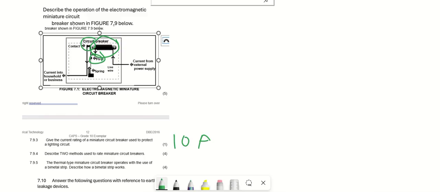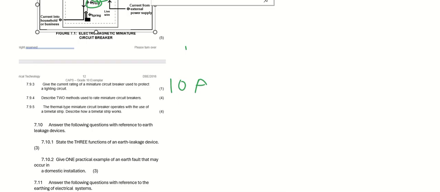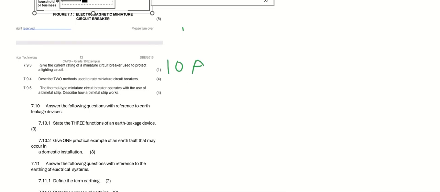And once the live conductor is disconnected, there won't be any current flow through the circuit breaker. Then the contact closes again, so there won't be any power. So moving on, describe the two methods used to rate miniature circuit breakers.